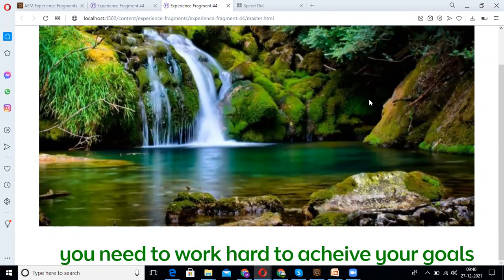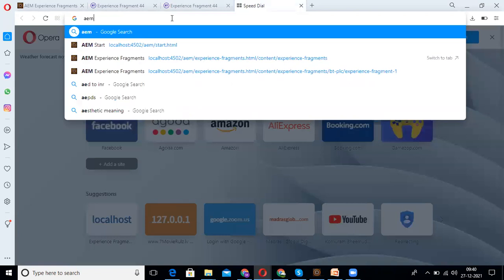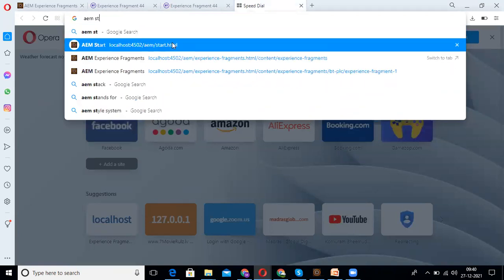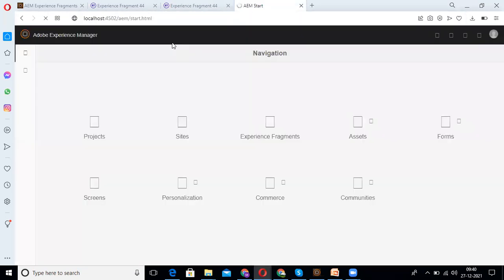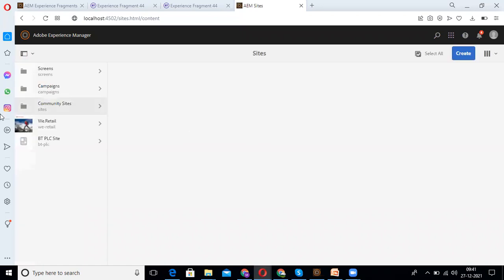Now I'm going to create another page. I need to embed this content by using the experience fragment component. So for creating another page, we need to go to sites.